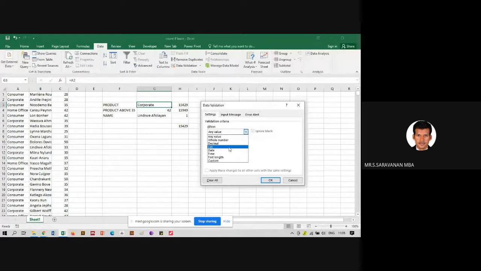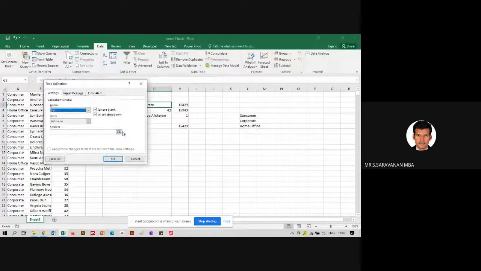Data validation, create a list, create a source.